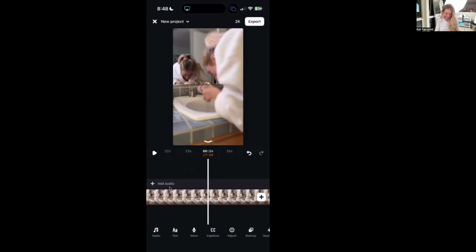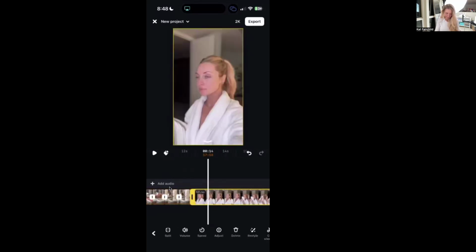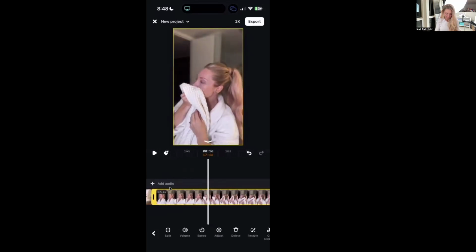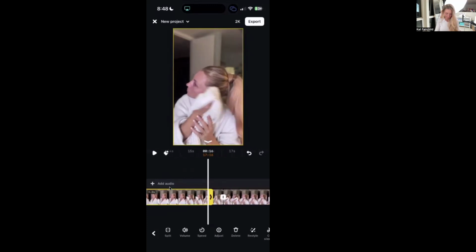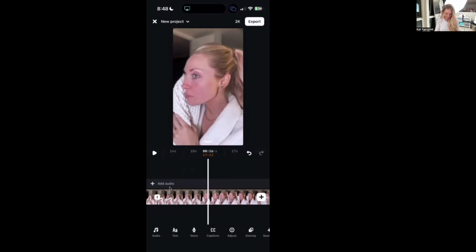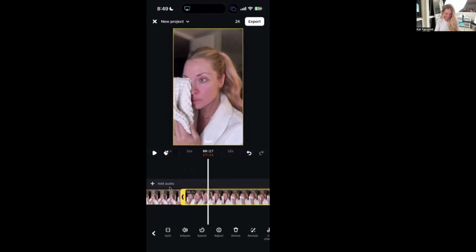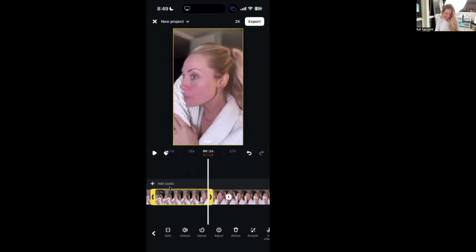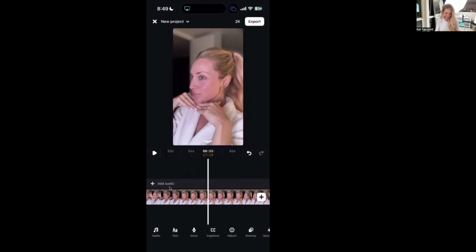I'm going to take this out just because I want to show you guys how I zoom in, and then that's pretty much it, because it's just kind of the same stuff over and over again. Okay, so here's me now again doing the next step. I'm just wiping off my hair, blah, blah, blah. Getting a little bit closer, split. Okay, delete. All right, so next, now I'm going to be putting on my